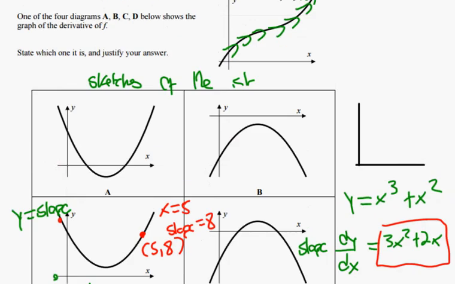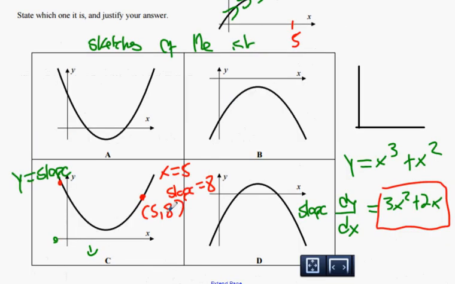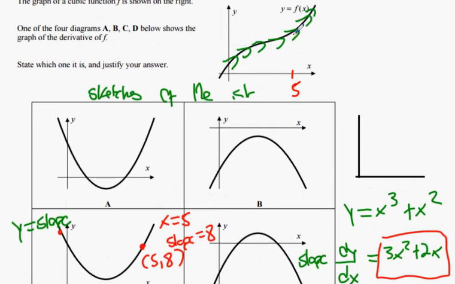Okay? But it doesn't tell you anything about the original graph other than what is the slope at that point. So, for example, at x equals 5, remember I said that's the point 5, 8 on the second graph. When x equals 5 on this one, you're going to have a slope of positive 8. That's how they relate to each other. Alright,